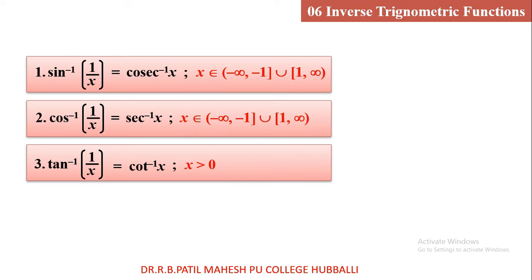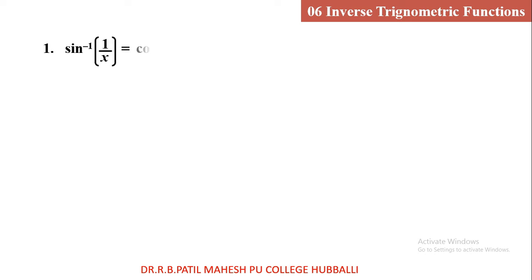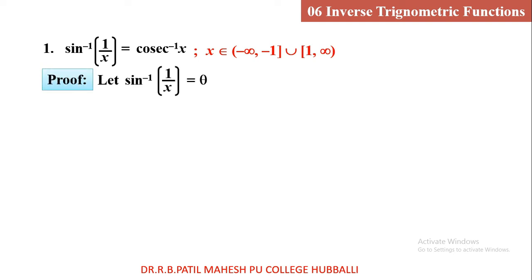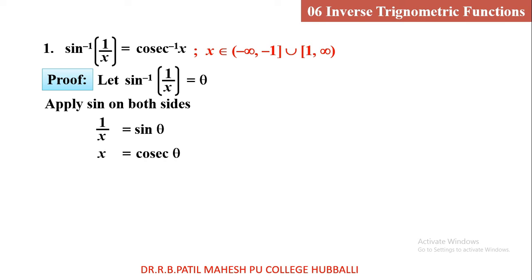The proofs of these we will see now. First one, sine inverse of 1 by x equals cosec inverse x, where x lies between these values. Proof of this: let me take sine inverse 1 by x as theta. So apply sine on both sides, so that on the left side sine of sine inverse leaves 1 by x, and the right side is sine theta. Now taking the reciprocal, x is equal to 1 by sine theta in the RHS,